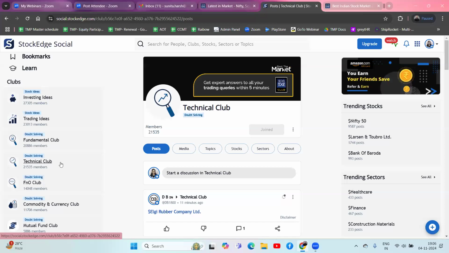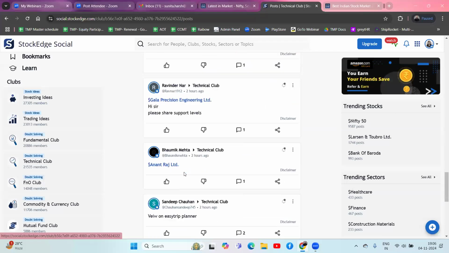हैं किसी stock के, so obviously you will need instant reply. So from 9:15 till 3:30 our technical team is active and they reply within a maximum of 3 to 5 minutes time per stock. ठीक है, तो मैं अगर scroll करके देखूं नीचे, से फॉर एग्जाम्पल रविंद्र नायर सर ने